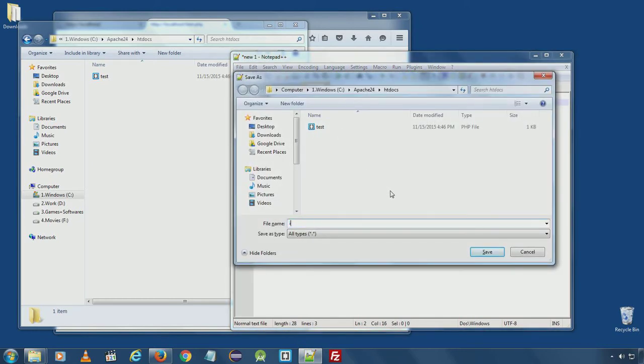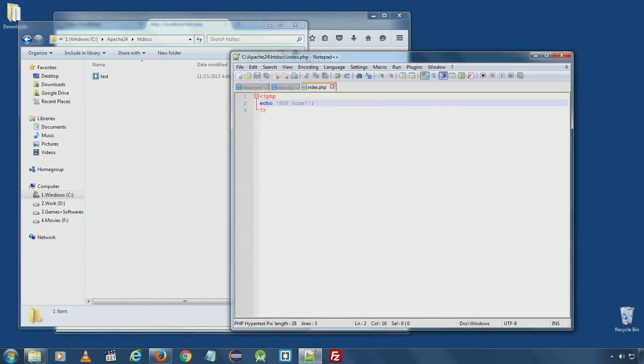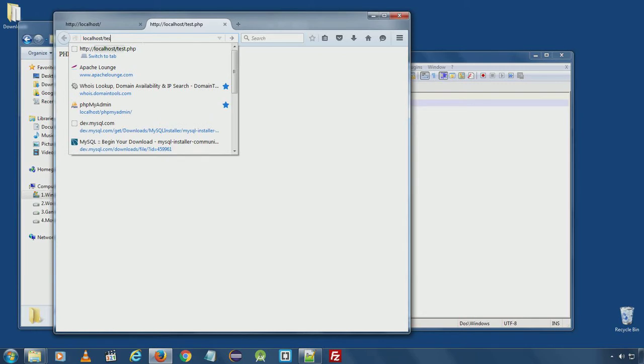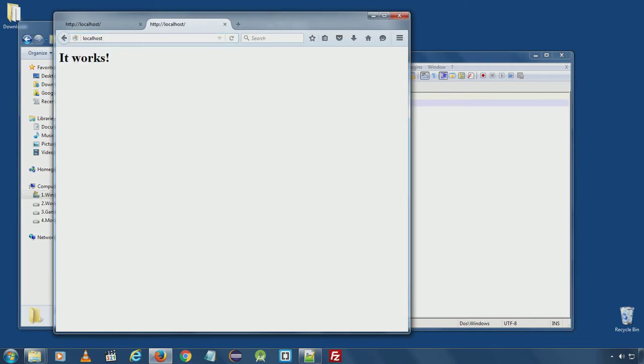And if I save this file as index.php and now click localhost, it won't run.